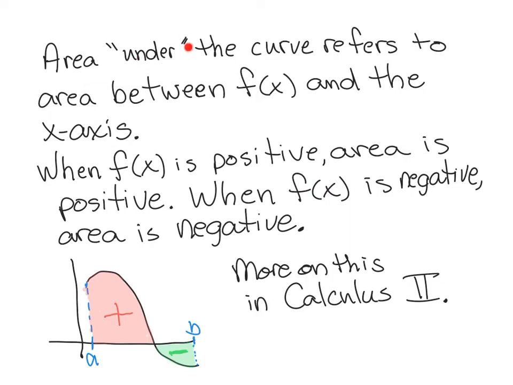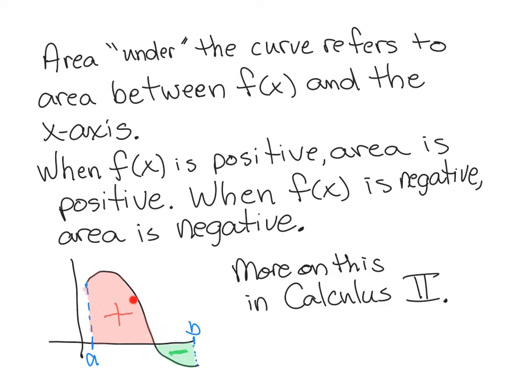Okay, so notice that I put under in quotation marks here. The area under the curve is understood to be the area between the curve and the x-axis. Now, when the curve is above the x-axis, this area will be positive. If the curve is below the x-axis, this area will be negative. So if you're finding the absolute value of the area, you're going to have to stop integrating when you get right here, and you're going to have to make two